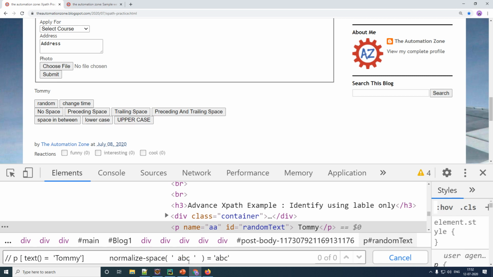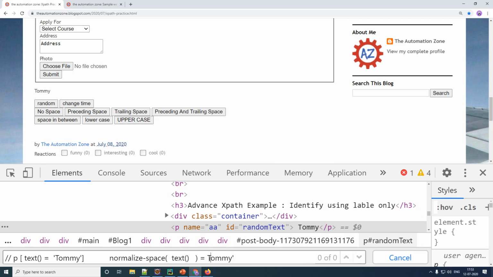Now note that if you have a space in between, that space is not removed. So if you have text like this, space ABC space C space, your output is going to be ABC space C. It is only going to remove your preceding and your trailing spaces only. Now with that said, what do you want to do in our case? My text over here is basically the text function. Now the text over here is basically the text called Tommy. So the moment I pass the text over here, it is going to remove the preceding and trailing spaces, and the output is going to be just